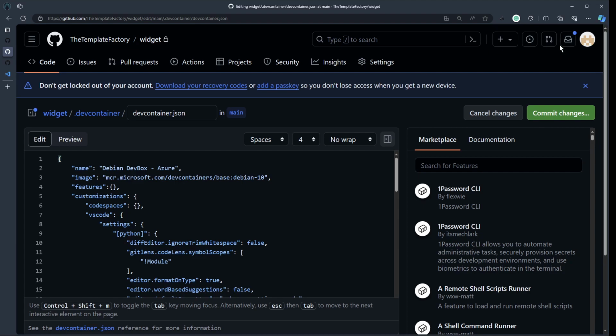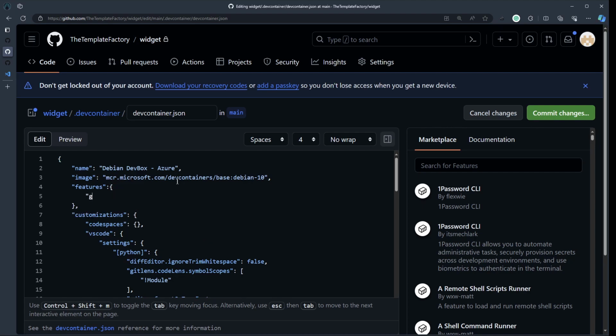of marketplace features. Now, after a while of working with the Codespaces and stuff, you'll actually start to have snippets of features that you commonly use, and you'll actually come in here and you'll start to type these things in yourself, and you can go, oh, GHCR, and so on. Now, again, this would also be easier with the IntelliSense. But let's say you wanted to just find things that you already knew existed, but you don't remember the titles. And in this case, I want some of the Azure function tools. You can come in here and rather than remembering the exact name of the dev container features, or whatever it is,